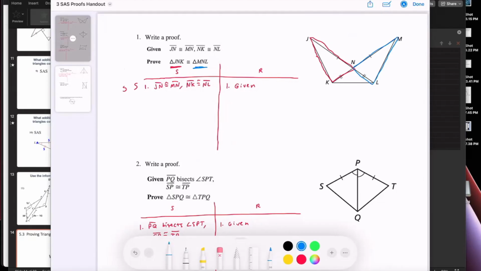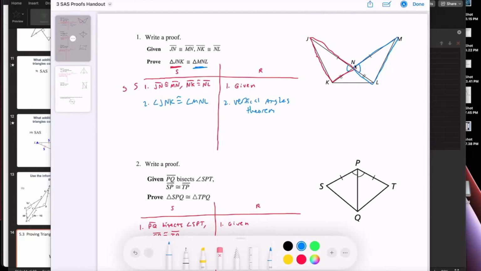Okay, so if I look at my diagram, if I have this side and this side here, the included angle would be the ones in the middle. And you should notice here, we do have vertical angles, right? So I could say angle JK is congruent to angle ML. Let me just neaten this up. Okay, and that's the vertical angles theorem, right? So vertical angles